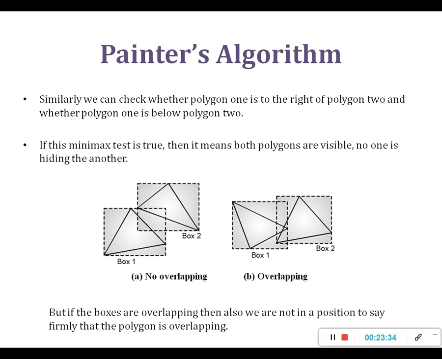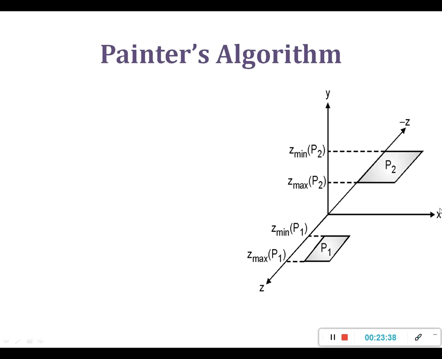For this purpose we are going to use the z coordinate comparison, that is the depth comparison. So there is a new test we are going to carry out, and that is the z coordinate of that polygon.